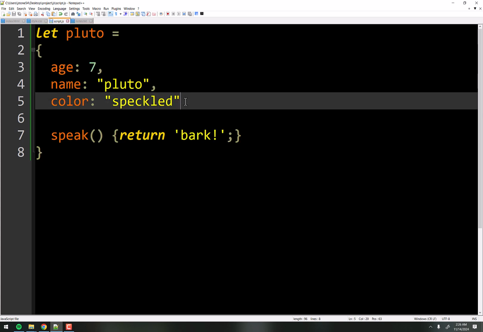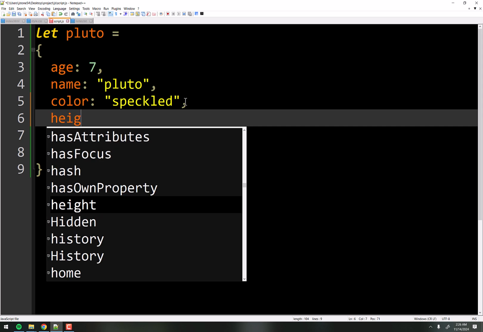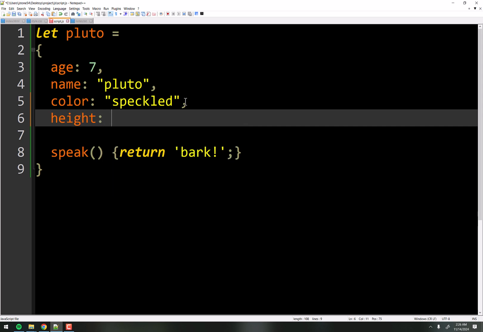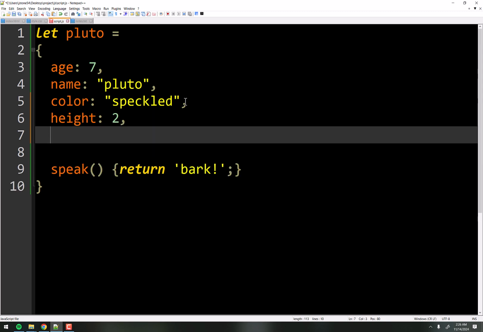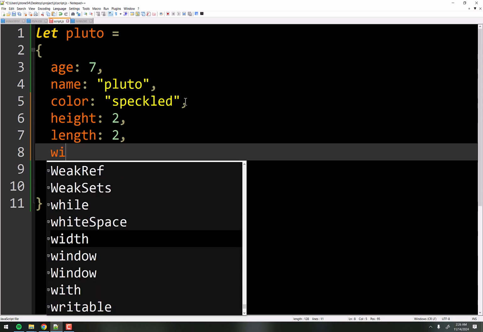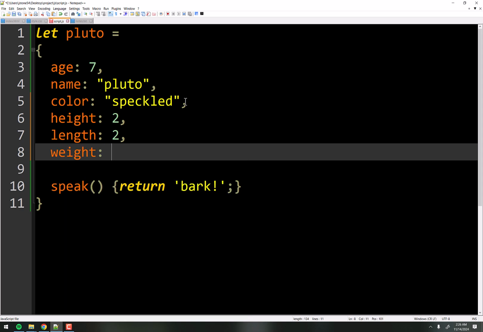Pretty simple, straightforward, but now Pluto is this big object that has all kinds of things in it. And again, as I mentioned, if I wanted to get more depth here, I could say height is like, I don't know, he's about 2 feet off the ground. And he is, we'll go with length, I guess. Like he's about, I don't know how long he is, 2 feet, I guess. Whatever, I have no idea. And his weight, we'll just do one more property here, weight. And he is about 15 pounds or something, a little bitty thing. So that's the dog.